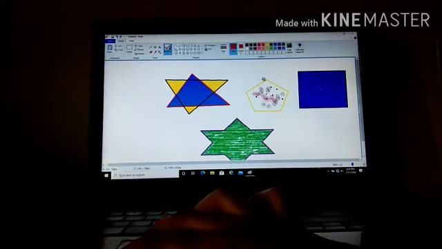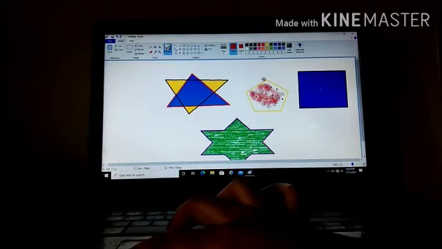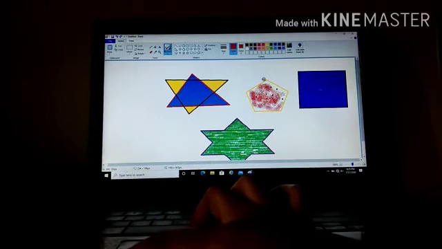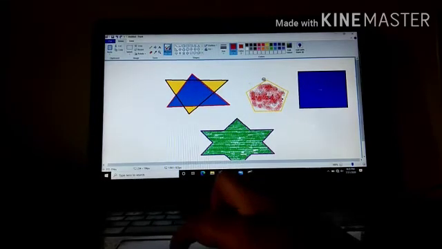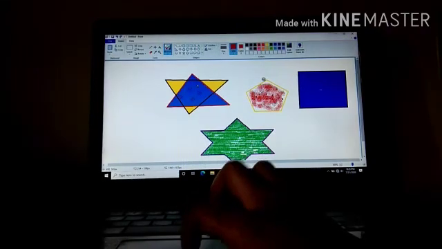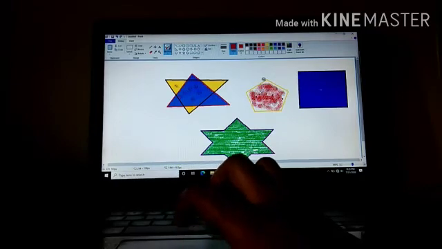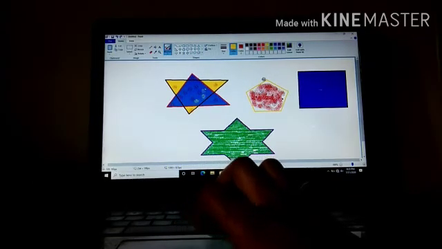And if you want to drag it, that is also easy. Just see that you should not go outside the outline of that box. This is the way you can use that airbrush tool. If you want to use it here, that is also possible. Okay, if you want to change the color, that is also okay. Just change the color and press it.